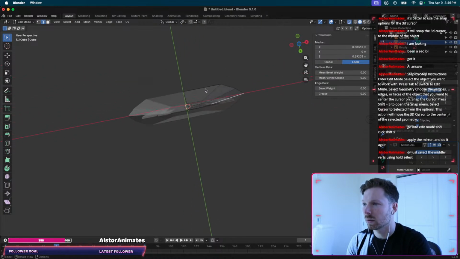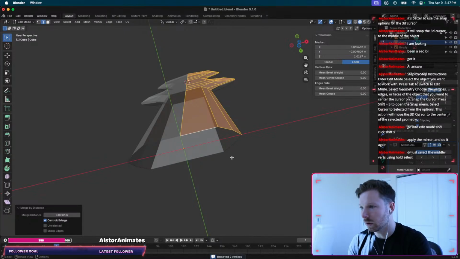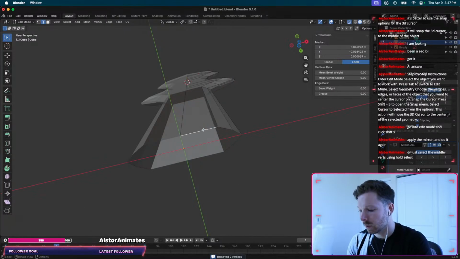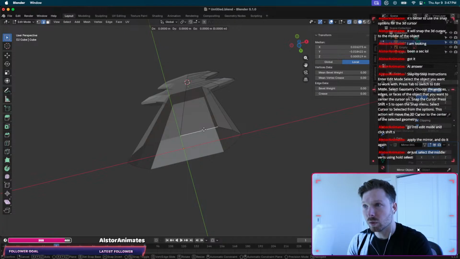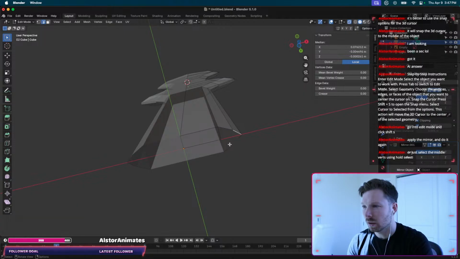Somewhat. Edge. Now you select everything, merge by distance, just in case we created two vertices again. Add to extrude on the Y, go across, nice. And then,